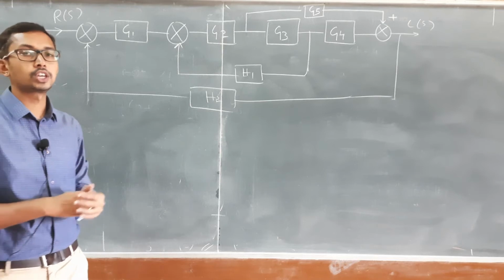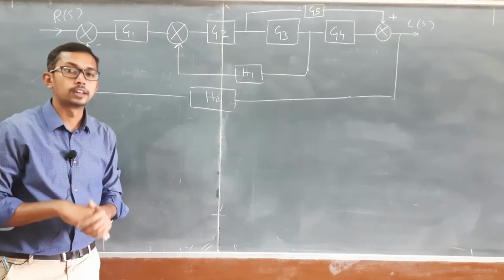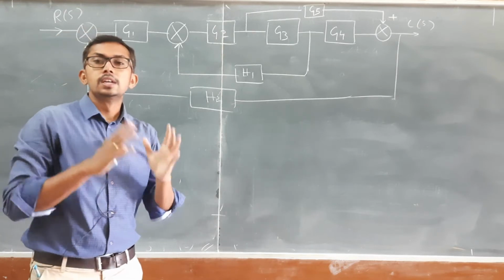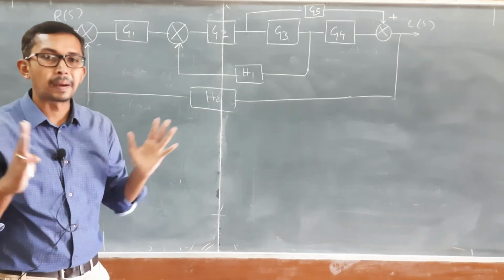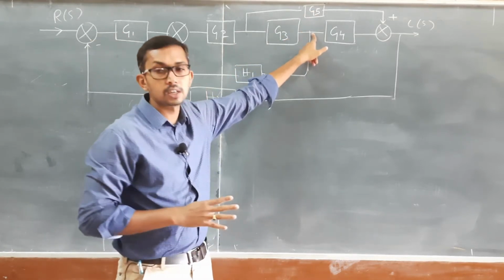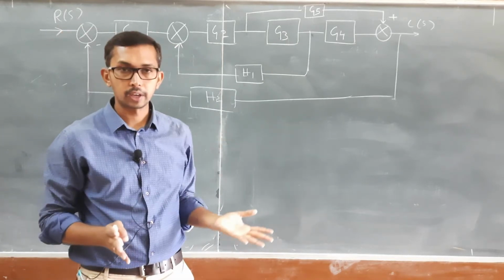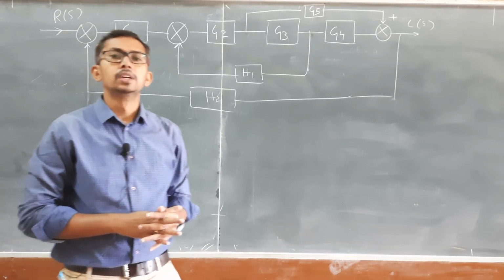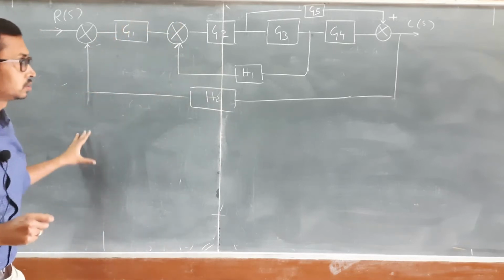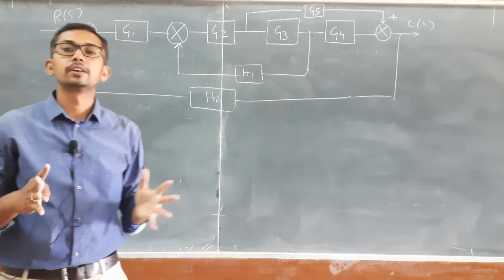So in this problem, none of the blocks are connected in series. Now what is the second step we need to observe? Identify any blocks which are in parallel. So that is our step number 2. In this case also, none of the blocks are in parallel. Here G3, G4 and G5, in between these there is a takeoff point. Hence none of the blocks are in parallel. What is the next step? Identify any minor feedback loop. In this one, can you find any minor feedback loop? No, we don't have any minor feedback loop.